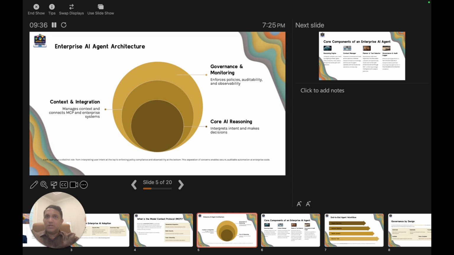Nothing the agent does reaches your real systems without passing through that outer layer. Security is a big concern. We have to follow every protocol to secure our systems and enterprise systems. That separation of concerns is what makes secure, auditable automation possible at enterprise scale.